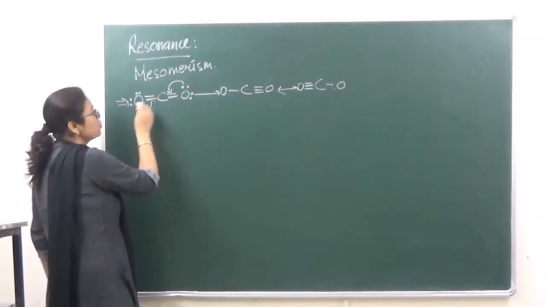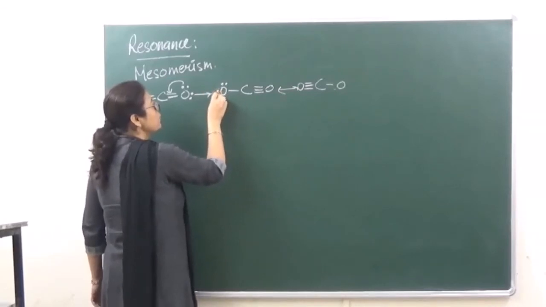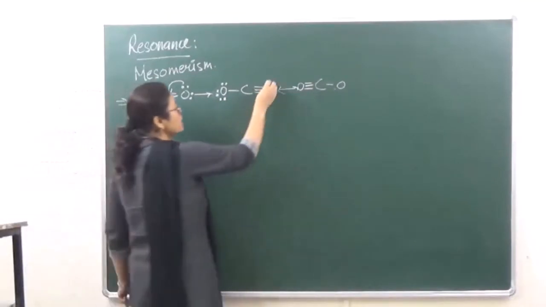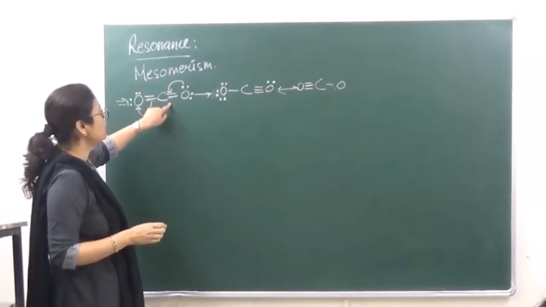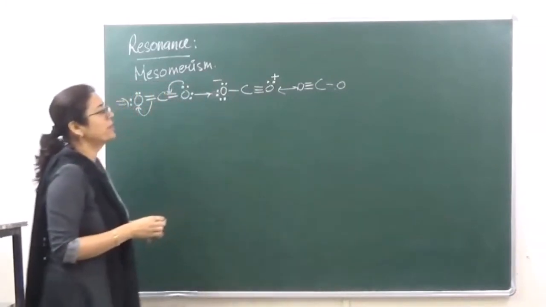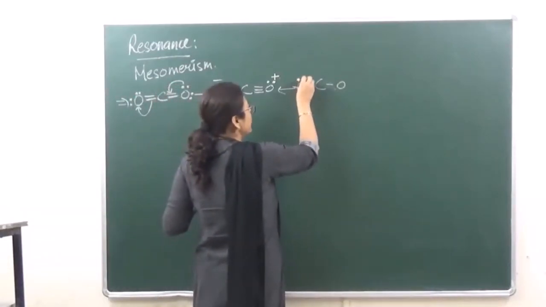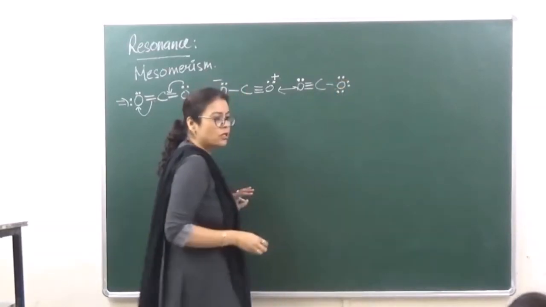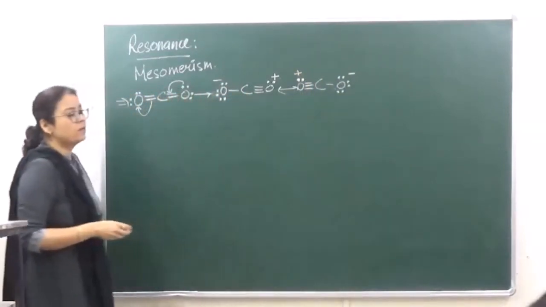Now that this has shifted from here, how many electrons should be there on this oxygen? There should be 6 electrons present on this oxygen, okay? And how many electrons there? Only 2 electrons on this oxygen. Now over here, from where the electron pair is shifting, that is going to get a positive charge, and the other one is going to get a negative charge. Similarly, in this structure it has 2 lone pairs over here and 6 electrons on oxygen. Therefore, this oxygen is going to get a negative charge, and this is going to get a positive charge.